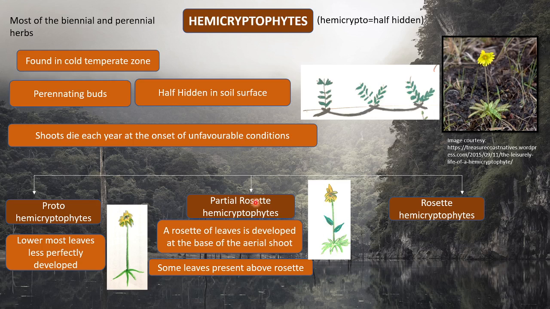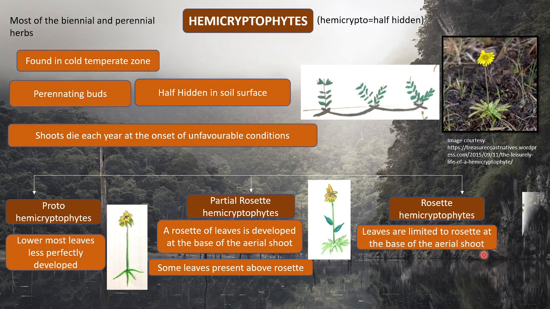Therefore it is called partial rosette, where along with the rosette leaves there are certain other leaves present over its top also. Right, and then there are rosette hemicryptophytes, where leaves are limited to a rosette at the base of